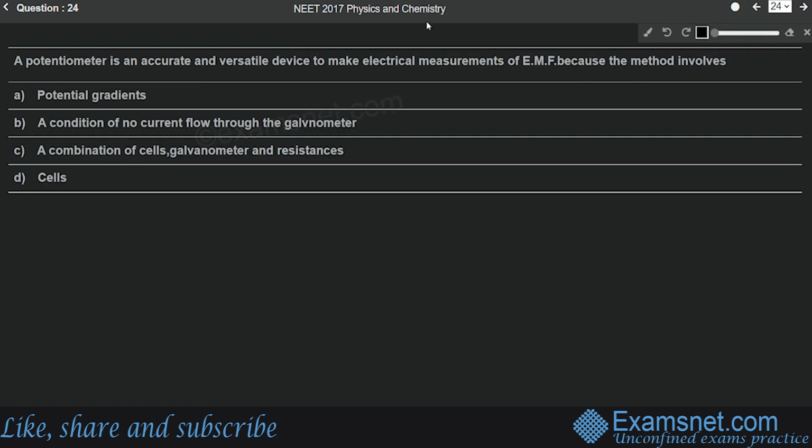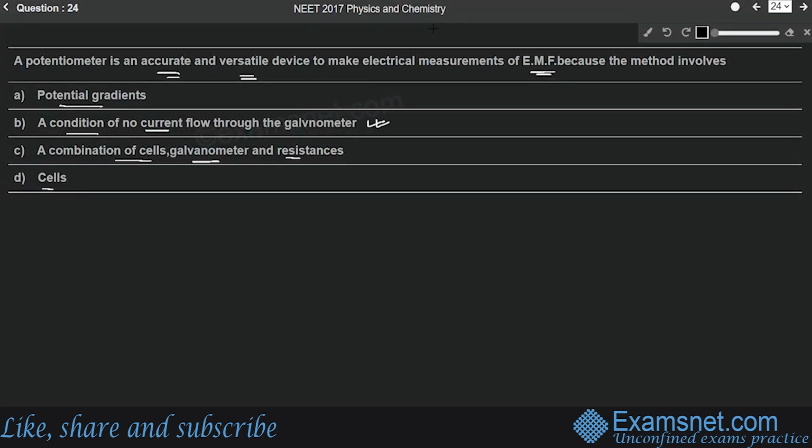Question number 24 is from the chapter Current Electricity, and the question is, a potentiometer is an accurate and versatile device to make electrical measurements of EMF because the method involves option A, potential gradients, option B, a condition of no current flow through the galvanometer, option C, a combination of cells, galvanometer and resistances, and the last one is cells. So this is a direct question and the correct answer will be option B, a condition of no current